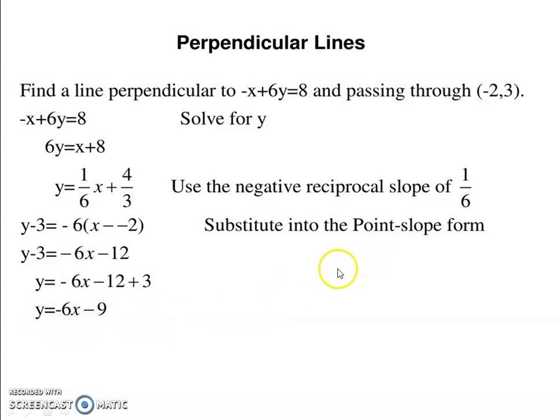It is also a perpendicular lines example. In this example, first we convert minus x plus 6y equal to 8. Shifting minus x to this side, we get plus x plus 8, and we shift the 6, so y is 1 upon 6 x plus 8 upon 6. We know that y is equal to mx plus c, so m is equal to 1 upon 6. We then take the point slope form equation, y minus y1 is equal to m times (x minus x1). We put the values x1 is -2, y1 is 3, and we derive and simplify the given equation.